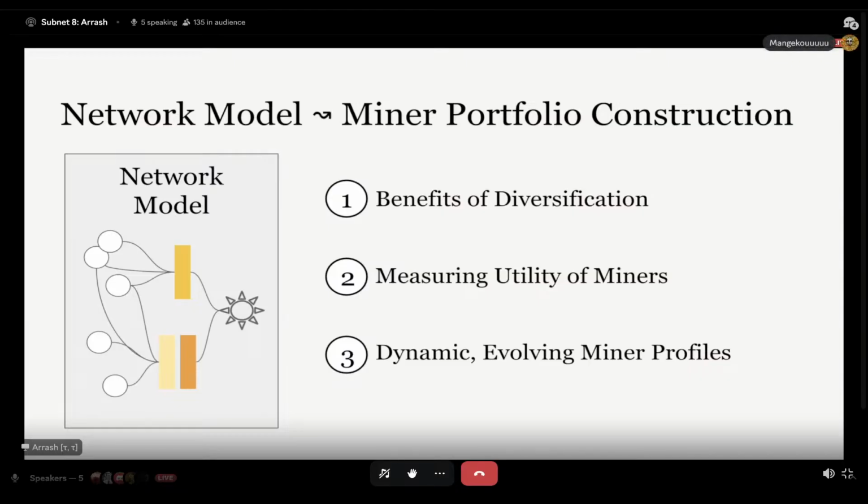Yeah, sure. So as much as our incentive mechanism focuses on maximizing return per unit of risk at the miner level, that does not necessarily mean that's true at the portfolio level, right? So we could have all miners maximizing return per unit of risk, but at the portfolio level, we need to do this as well. And so uniqueness of different